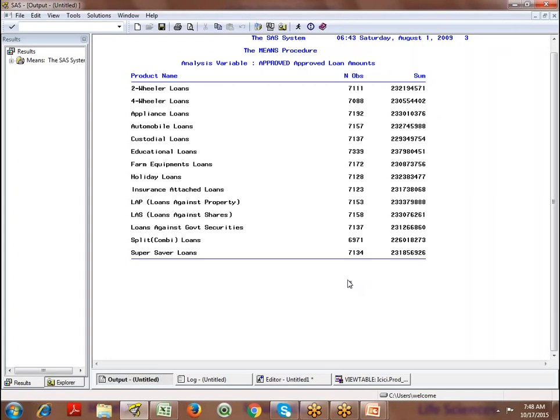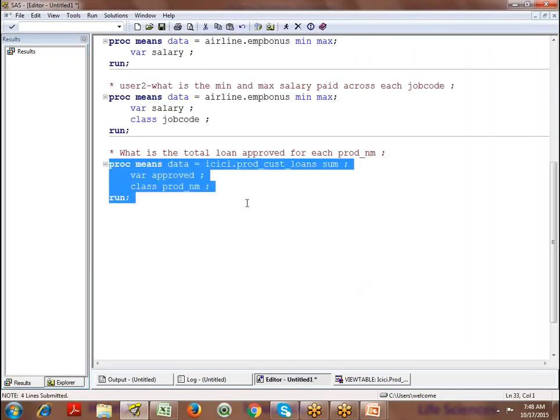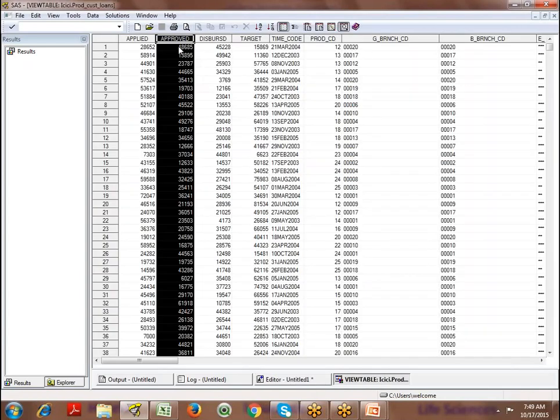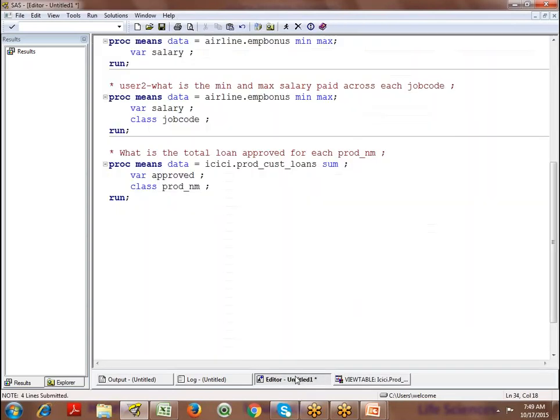Is that clear? Now, if the loan is given, they're going to give the loan in installments. So you have another amount called disbursed amount. This is the approved amount and this is the disbursed amount, the amount that has been released to the customer.